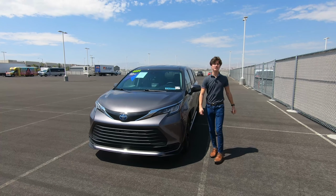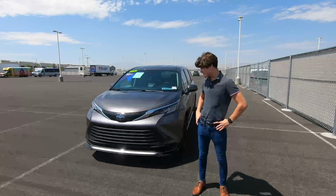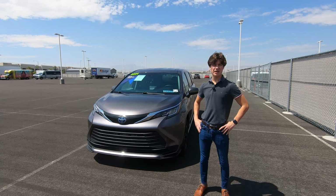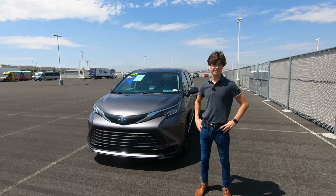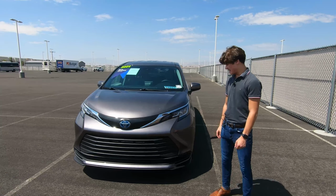Sitting next to me today is a 2021 Toyota Sienna LE front-wheel drive. And today I'm going to be bringing you a review of one of America's most popular minivans. Alrighty, starting on the exterior of the Toyota Sienna and starting up front, I will say it definitely gets its